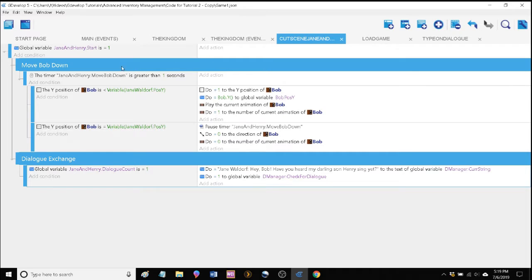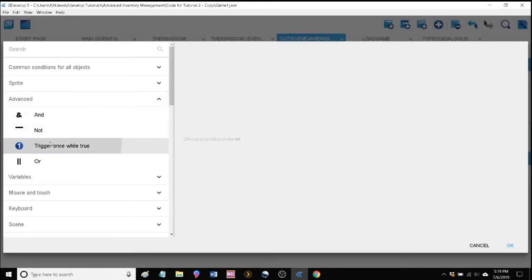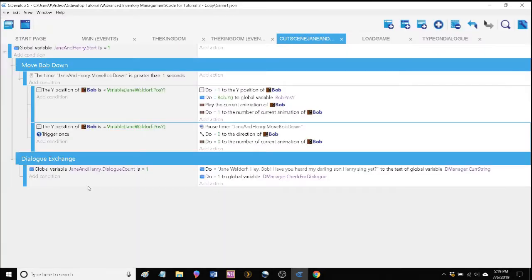Okay, great. So now it's equal to 1. It shouldn't be resetting itself, except it did constantly keep running anyway. So the next thing that I had to do was change this to trigger once. And again, I'm not really sure why it didn't just pause the timer and stay paused, except again that Jane and Henry is always equal to 1 here at .start. So it must come down and it must actually reset the timer